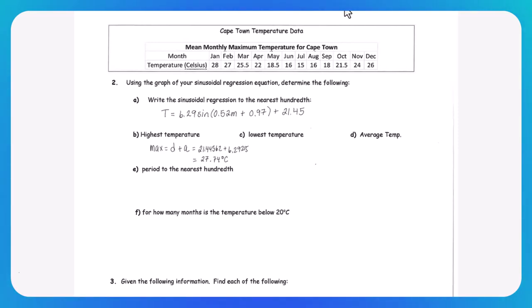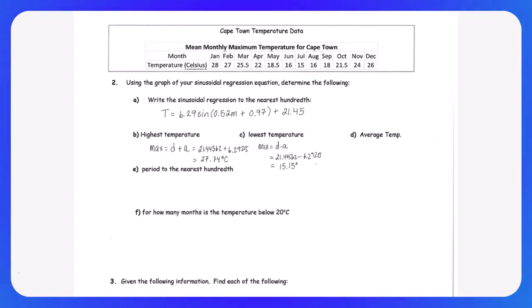We can do the lowest temperature. Now, again, if you like to do it on your calculator, I just showed you how to do the max. The min is similar, but let's just go with the minimum temperature equals D minus A. And in this case, that's going to be 21.44562 minus 6.29215. And putting that in the calculator, we get 15.153. So we're going to just round that to